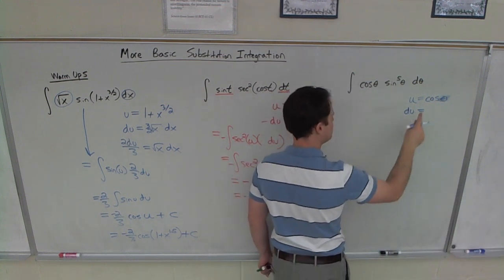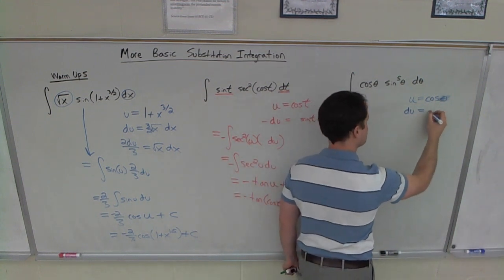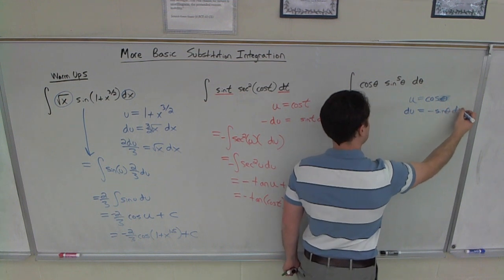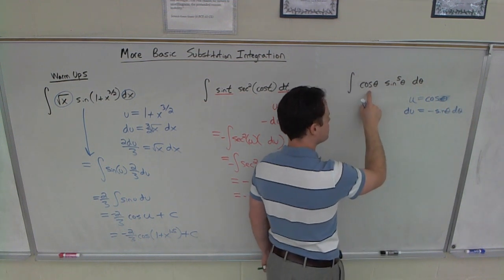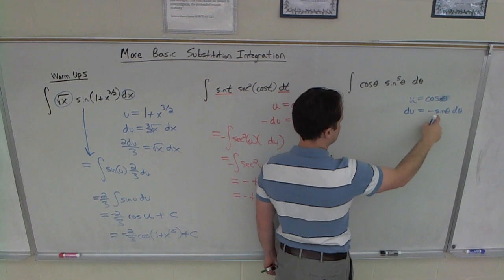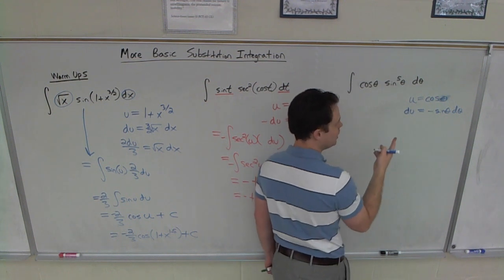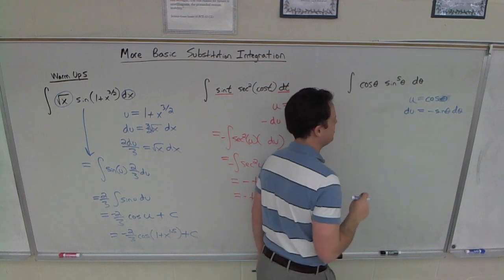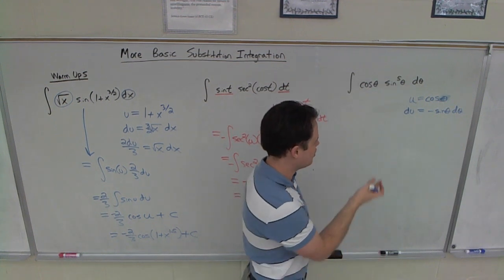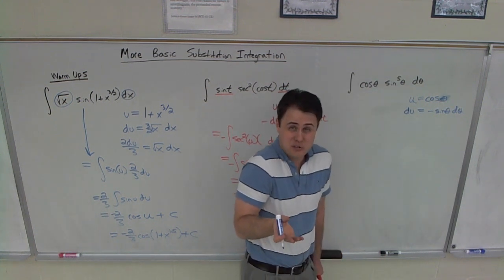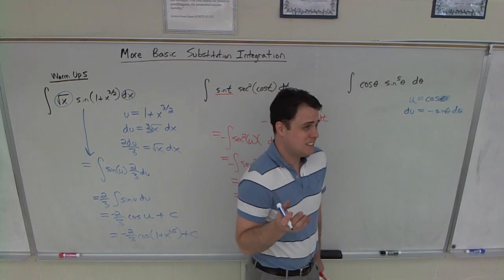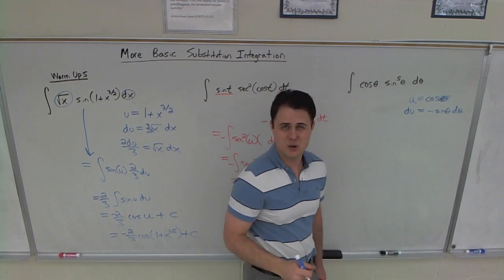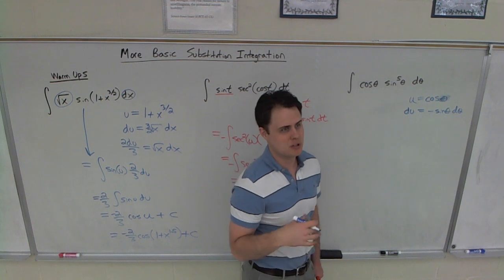So that means du would be the derivative of cosine, which is negative sine. So if we made u this, is the derivative negative sine kind of lurking around out there? Well, the negative obviously is not, but there is a sine, but it's sine to the 5th power. So would I want to go like du to the 5th power? I don't think we've ever seen an integral like that yet, and that's because, remember, the du is more